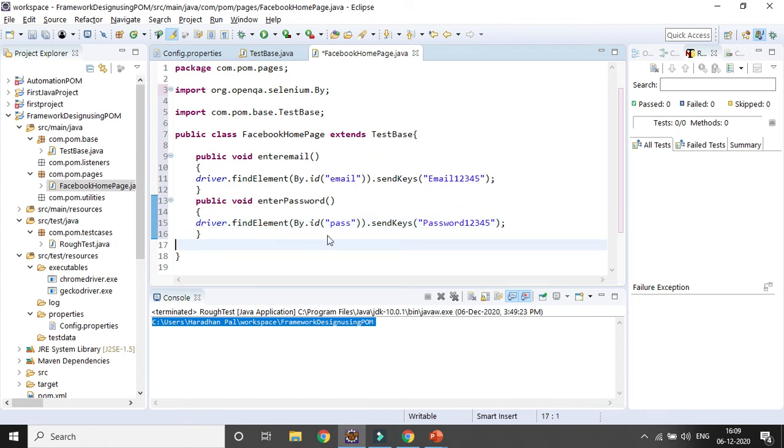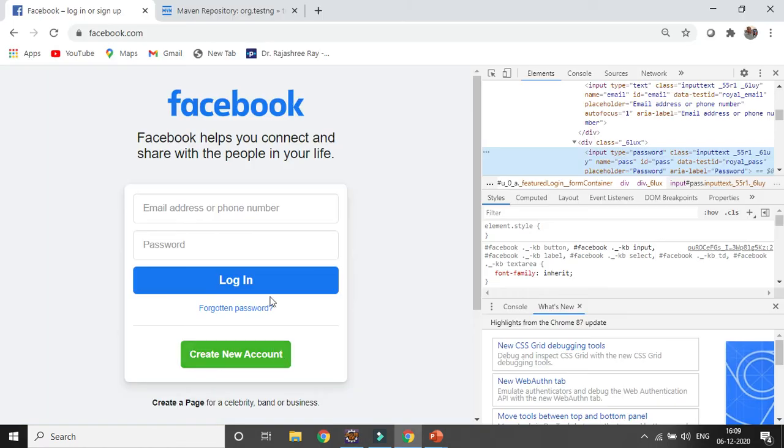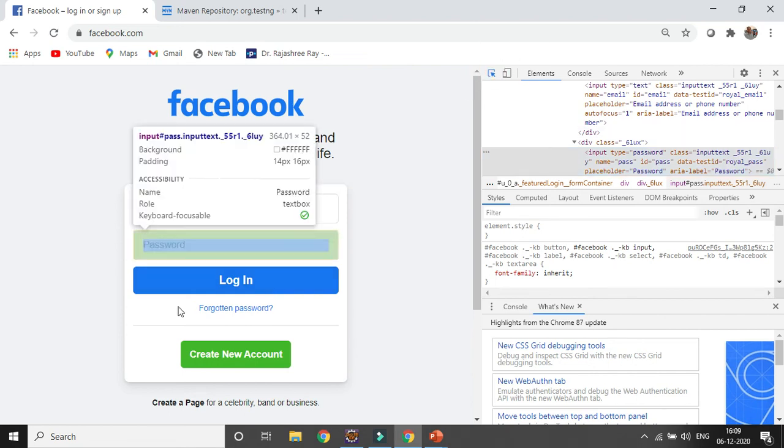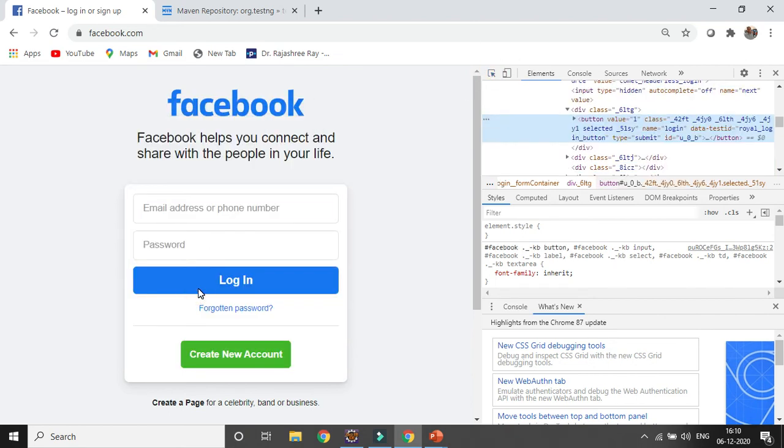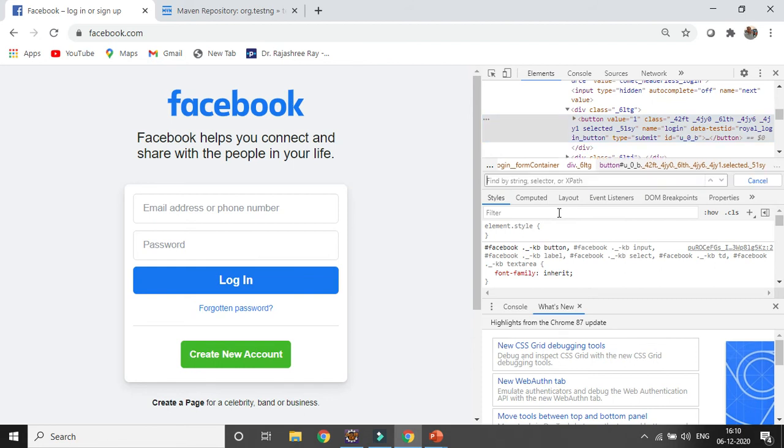Then I also want to click on the sign in button or login button, right? So I need to identify the web element properties for the login button. Okay, the name is login and the type is submit, so I can create an XPath for that particular field. How can you create an XPath? Let's press Ctrl F, and what is the tag name?